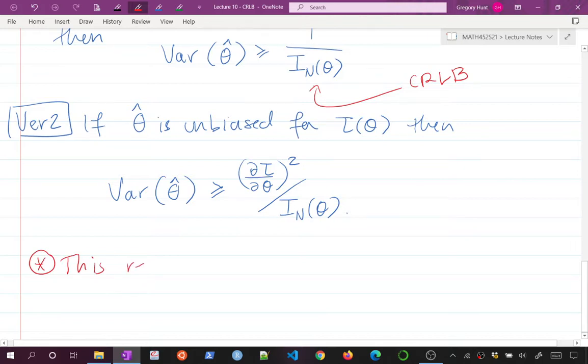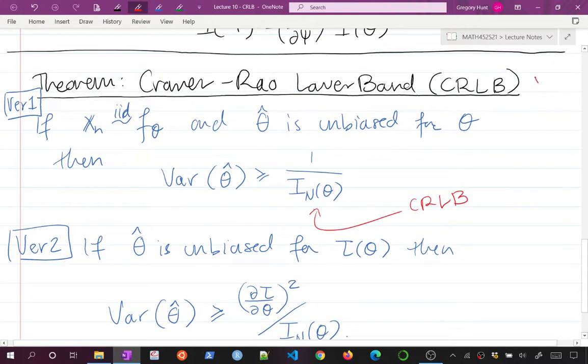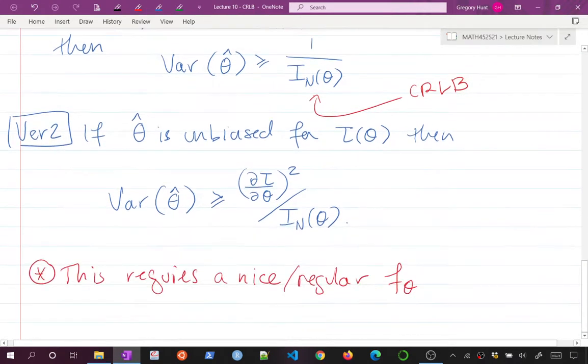This requires, let's see if I can spell requires, a nice, regular is the phrase used, PDF f theta or PMF. So I'm just going to put a big asterisk up here, i.e. practically what this means for the course is it works for exponential families,